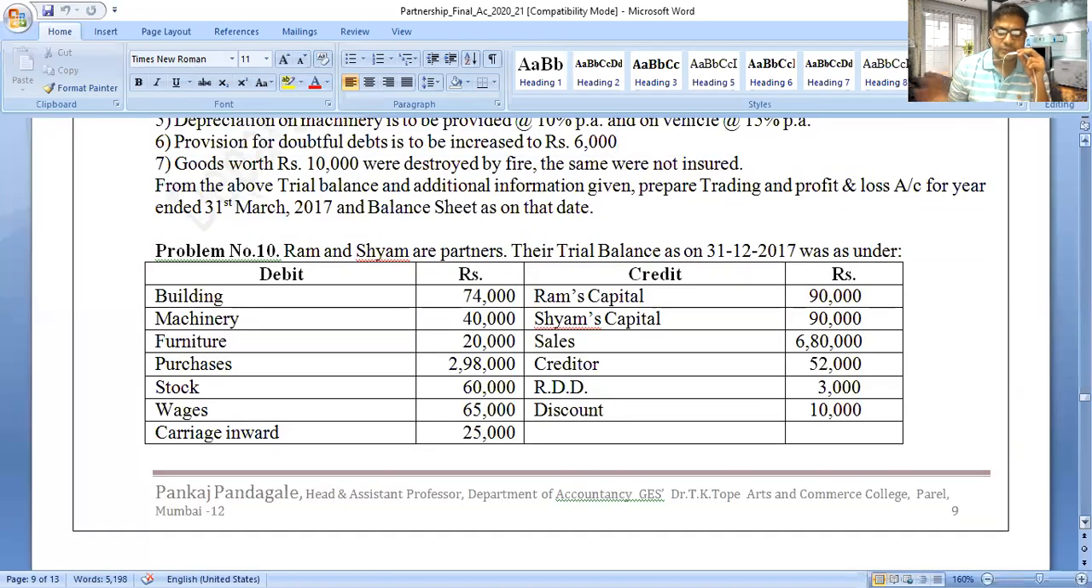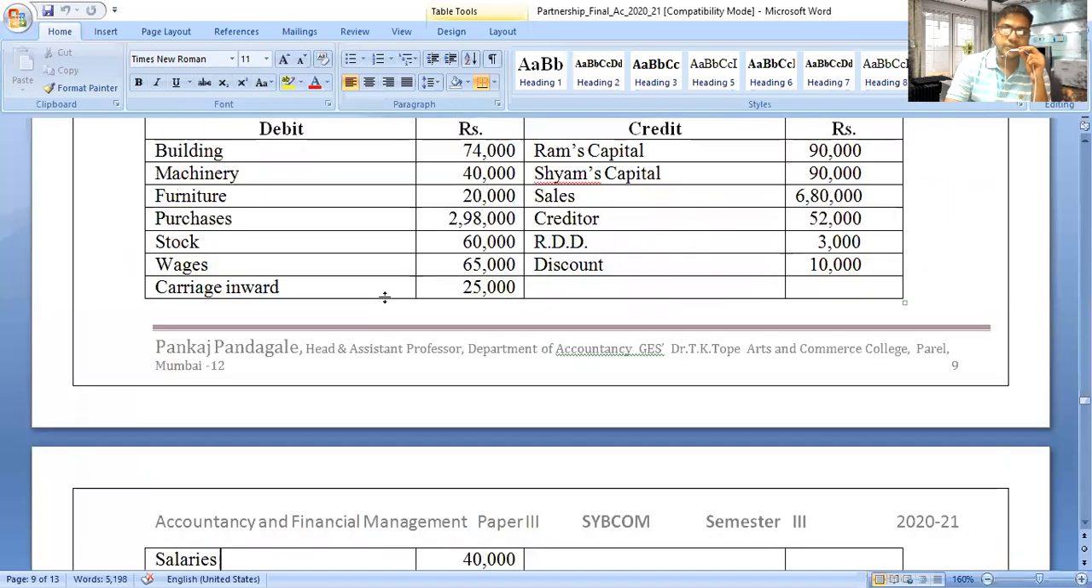And on that basis, we will learn how to prepare our problem. Now, we will discuss the debit side items. Building, balance sheet, asset side. Machinery also, balance sheet, asset side. Furniture, balance sheet, asset side. Purchases, trading account, debit side. Stock: 60,000 amount of stock is there. It is the opening stock, trading account, debit side. Wages 65,000, trading account, debit side. Carriage inward 25,000, trading account,